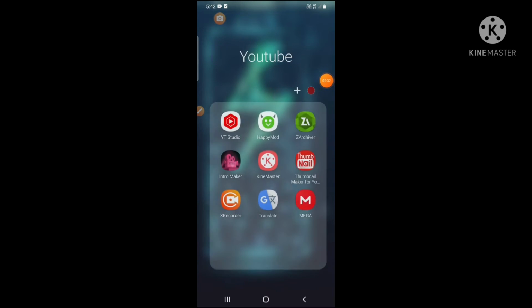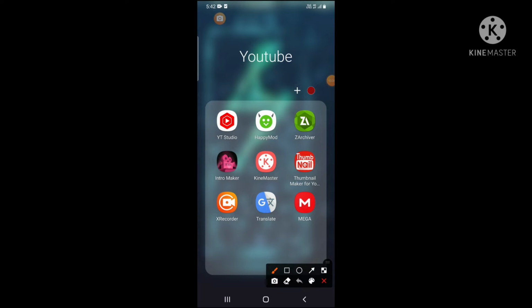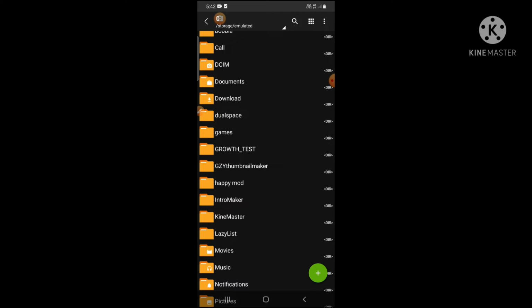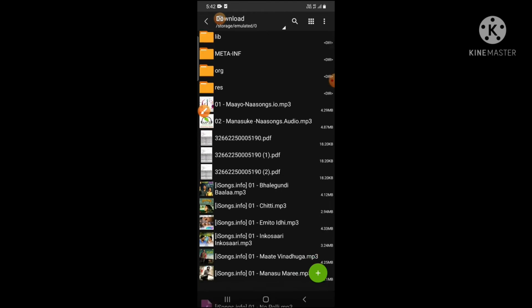So now it was installed. As you can see here, you can see ZArchiver. Just open the app. It's the main app required to install this game. You can see download here, so click on this download.